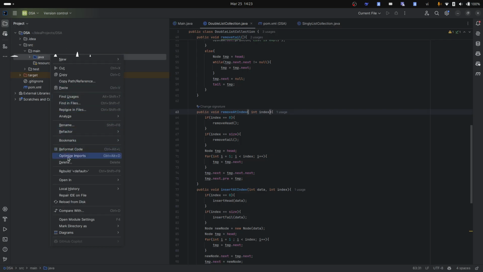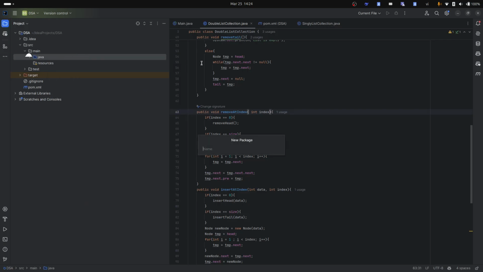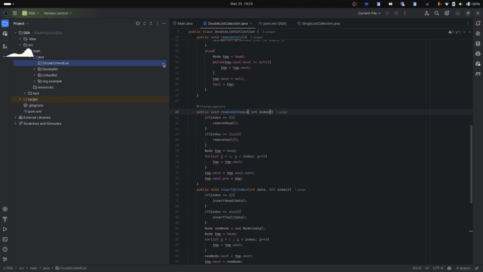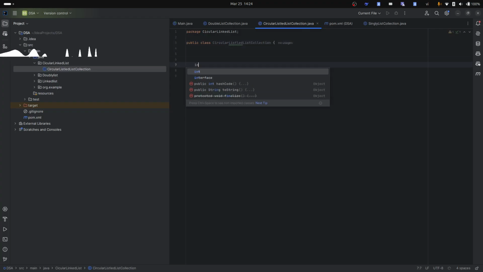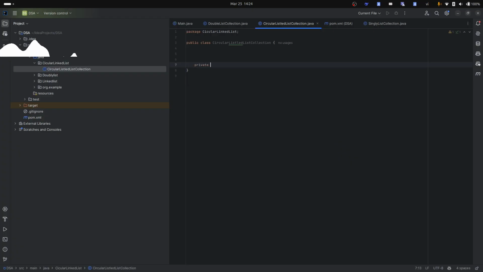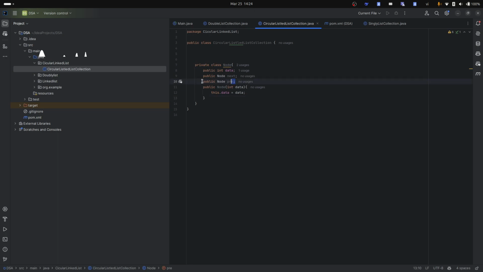We just create a new package right here. New package, circular. This is the right name for this. And then the circular linked list collection. For the inner, I declare the inner class, private class node. The inside of this node is similar to the singly list. It doesn't contain the previous pointer,